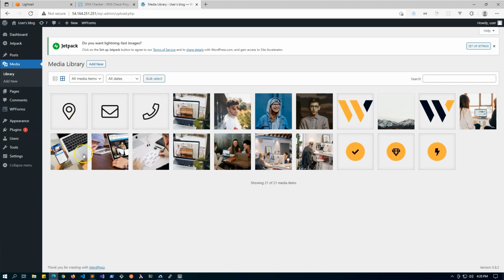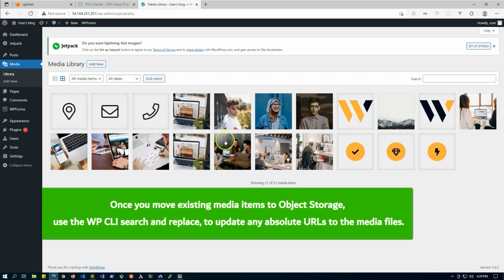So these are all existing images that were part of my dummy content that was installed when I set up the theme and content. So these are not on the S3 media object bucket storage that we just created. These are still on the local server. As I mentioned, the plugin that we have does not transfer existing items, only new items after the plugin was configured. So if you have an existing website and you have lots of media items, you'll have to move those manually to your